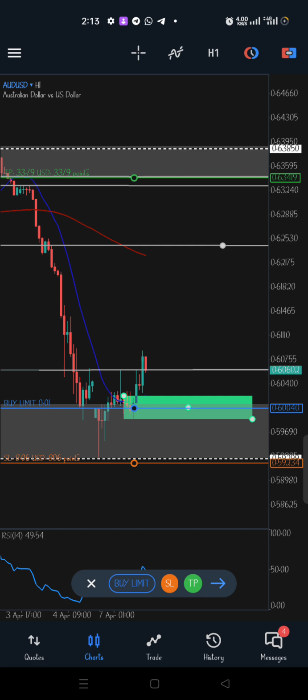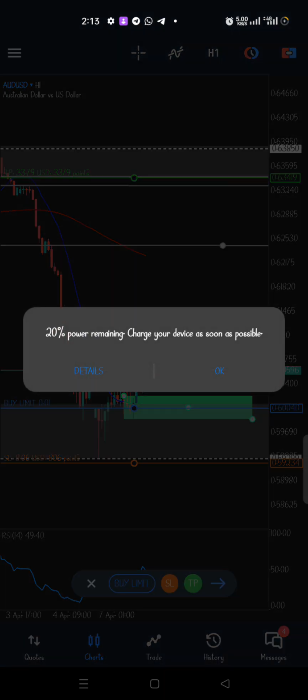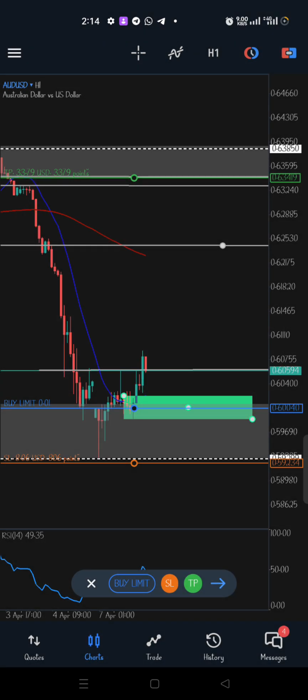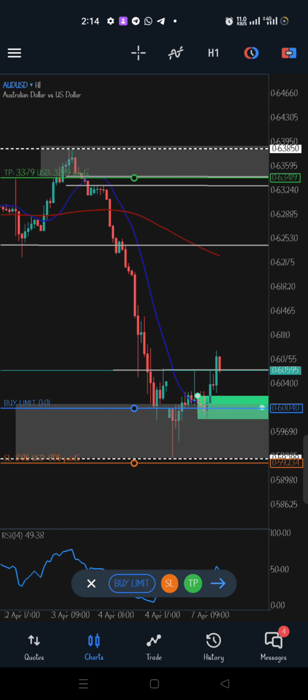We just made this analysis in 5 simple steps. The first thing we did is identify the highest points and the lowest price on the daily time frame in order for us to identify the trend. That's one. Then coming on the 4 hours, we do the same by identifying the demand and supply zones. Then coming down to the 1 hour time frame, we identify if there is any change in structure, change in character, or break of structure, of which we have a break of structure from the supply zone,